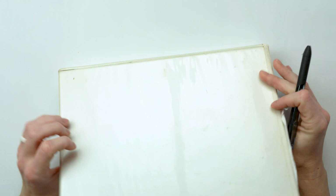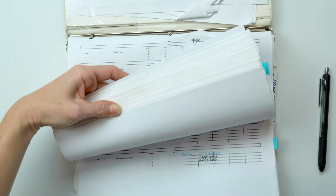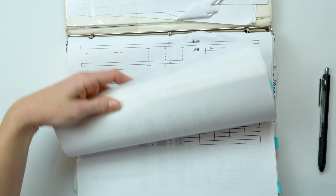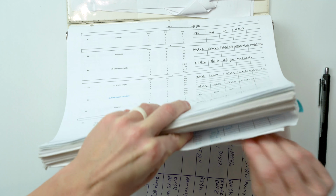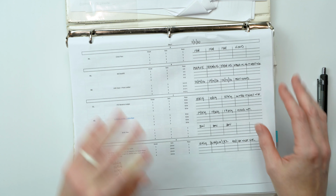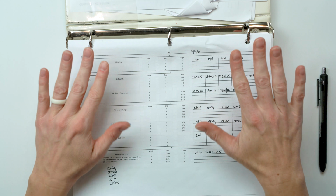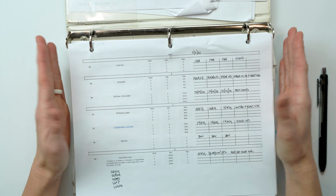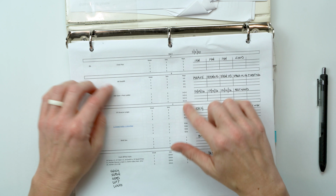I have had this old school crappy 3-ring binder for years, and this houses years and years and years of training logs. I think this goes back to, honestly, 2014. There's stuff in here as far back as that. This thing's got 5 to 6 years of training in it. Do I look back at all of it? No. So it might seem crazy that I keep it like this, but every once in a while I'm like,